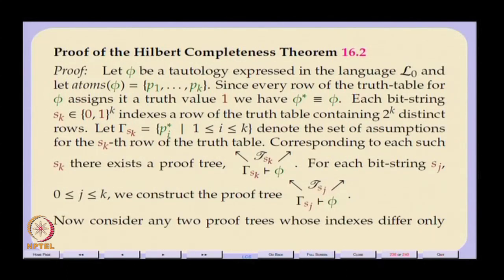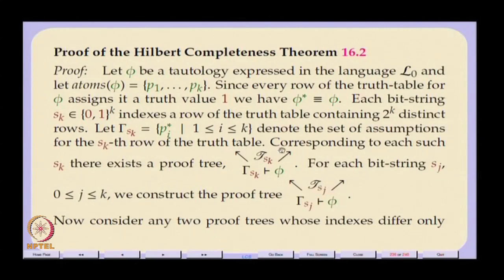If we are talking about k atoms, then each row of the truth table has essentially k columns, one corresponding to each atom. Take the k atoms in the order p 1 to p k and take the truth assignment in that row as essentially a k length bit string, right. So, now the truth table lemma essentially says that for every such k length bit string S k,